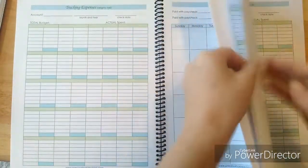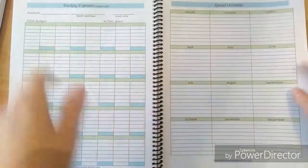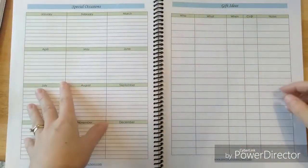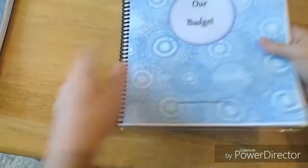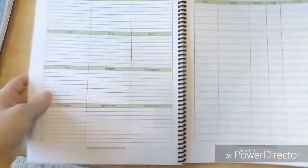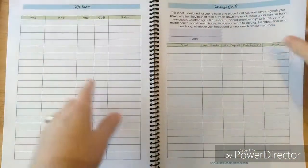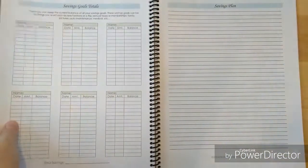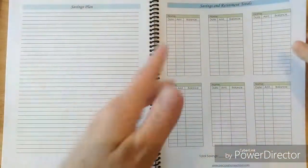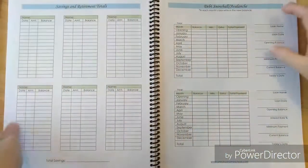Now, let's get to the end here. Okay, so here's December. That's the end of December. Then I have special occasions, and I printed front and back. I set this up to where it'll last me for 1 year, okay? And it's not very thick. You can see it's not thick, so this will last me for 1 year. So we have the special occasions, the gift ideas, the savings goals, and then savings goals totals, savings plan, only just because I like a note section. Savings and retirement totals, the debt snowball,